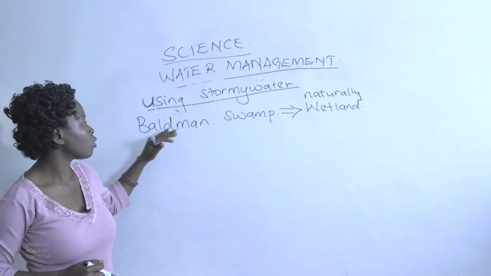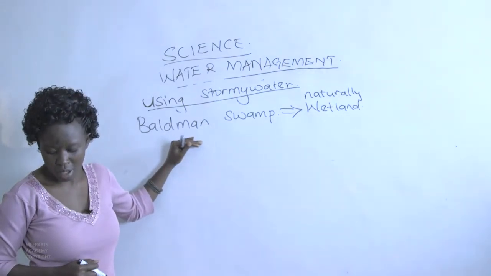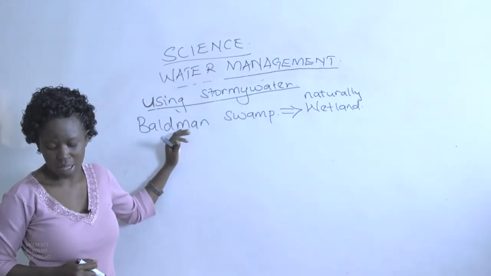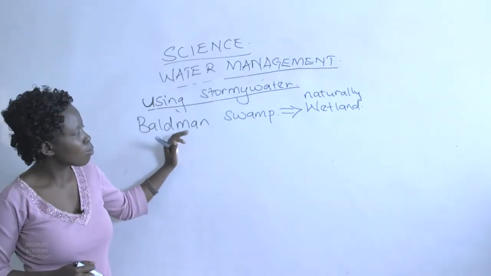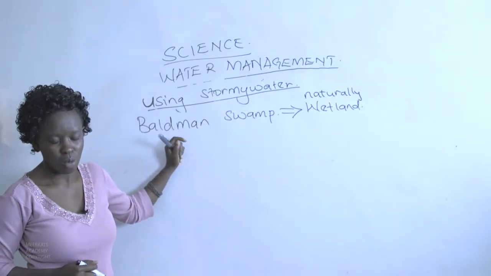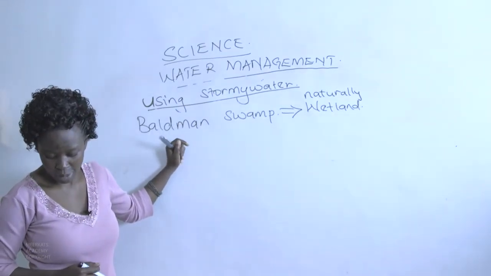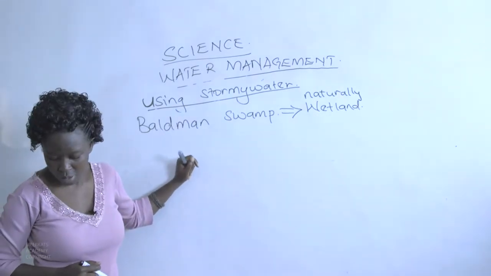So we are talking about this swamp providing a home to a variety of birds and animals. As it provides a home to these birds and animals, it makes them comfortable on this surface. Then next, the Baldman Swamp also